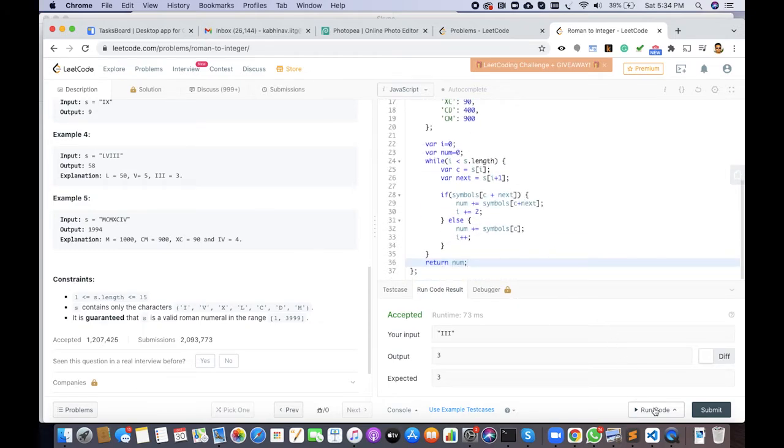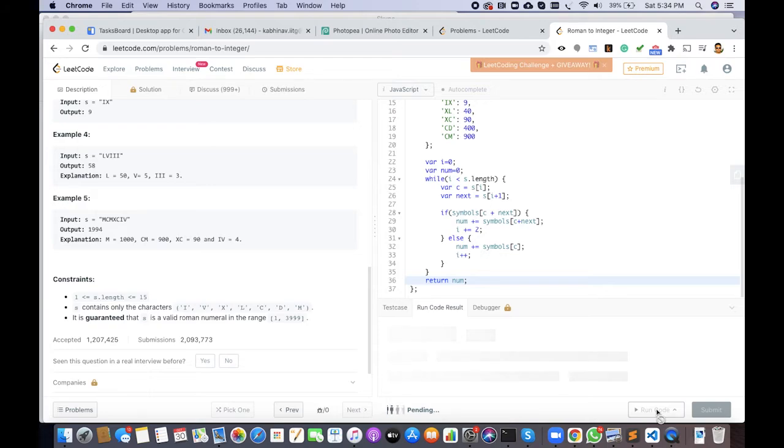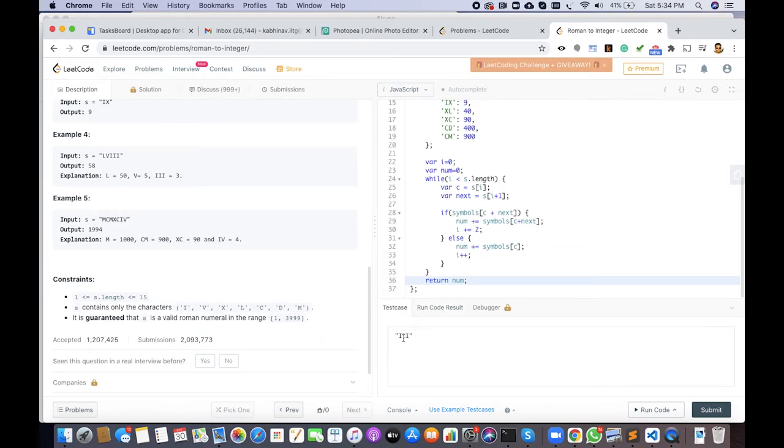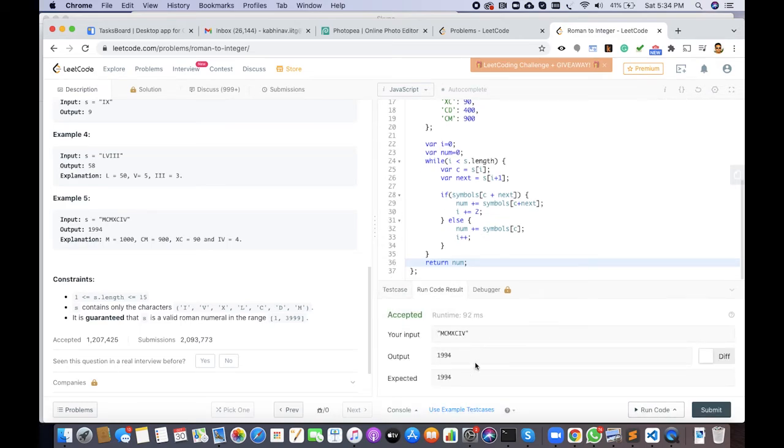So we'll try to run it. So this is working for it. I have submitted it, so it will work. If I submit it again, I'll show you for this test case. So even for this it is working.